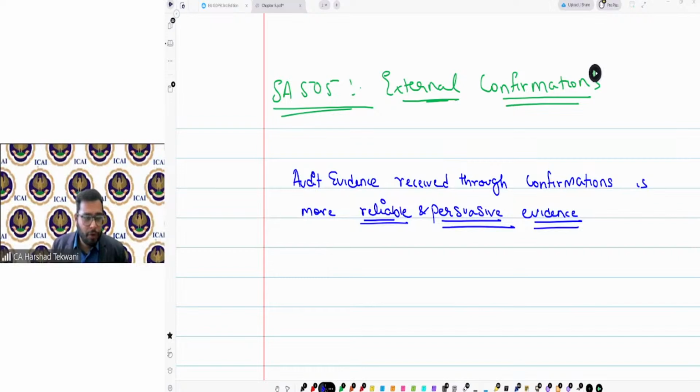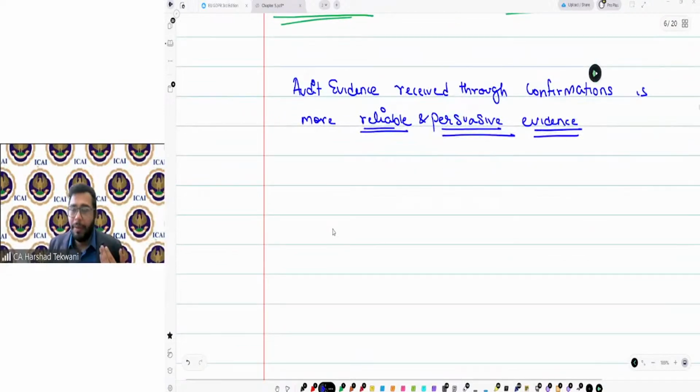Correct, Shruti? Correct, Yudugodalu? So yes, the main concern and the main point here is that my evidence should be more reliable than asking management. Okay, fine. So if the evidence should be more reliable, then throughout the confirmation process, I need to do certain things that keep the reliability at that level.